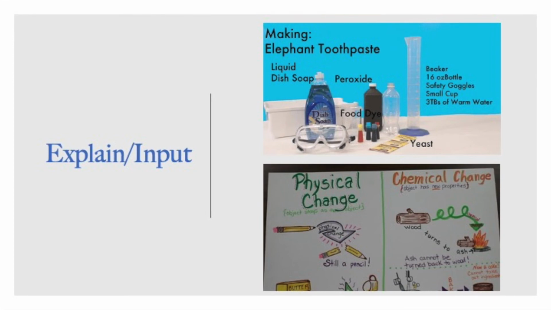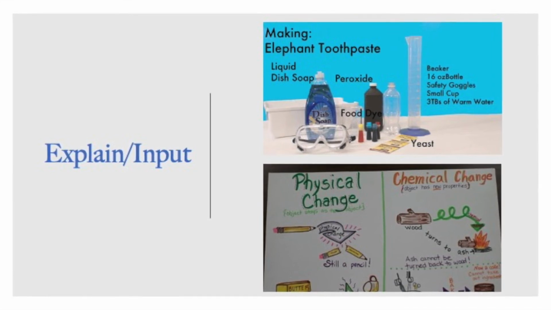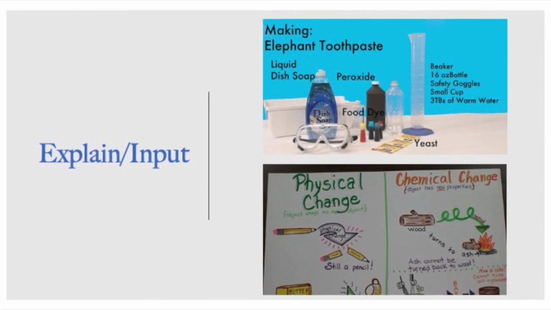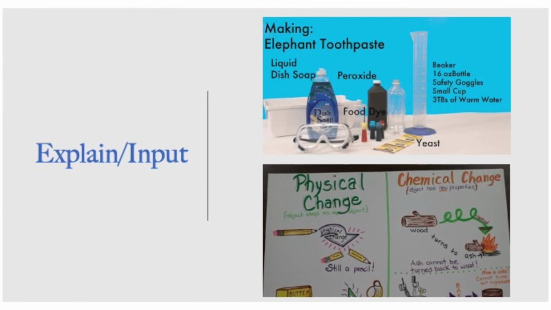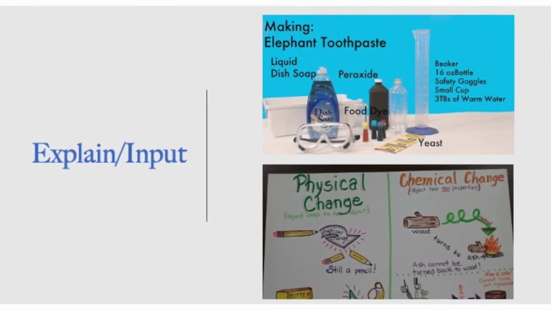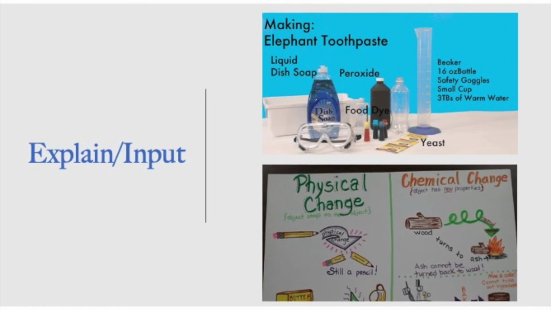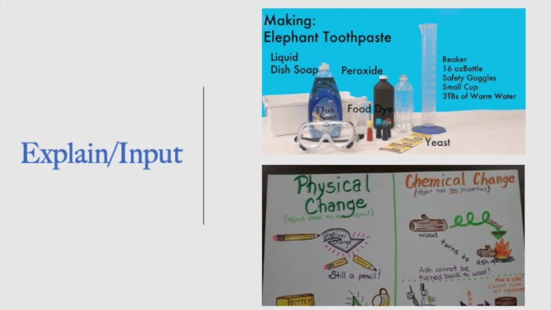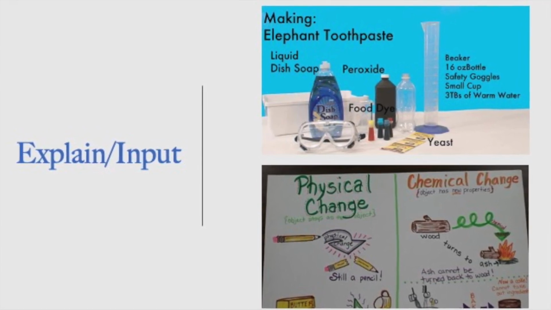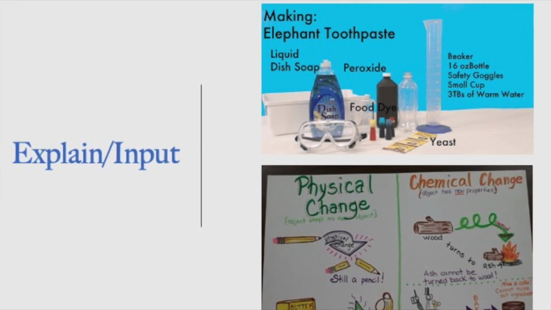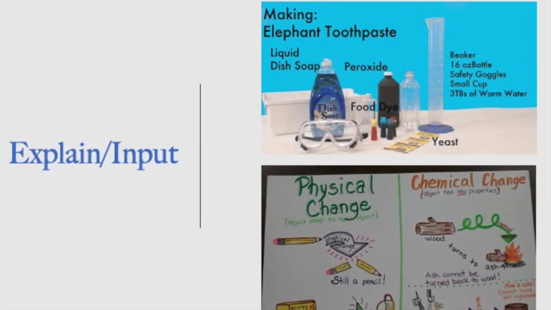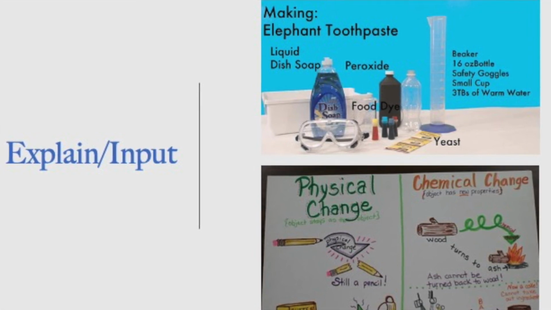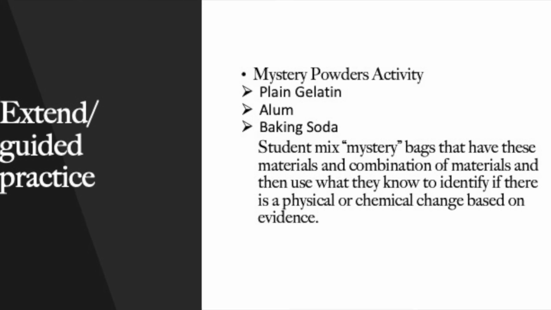Okay, so I know I've got to give my students notes. They've got to have these characteristics, because in the previous lesson, we've written down the characteristics of physical change. So knowing that I'm going to use that mystery powders at the end, they've got to have information that clearly articulates how a scientist would identify a chemical change, that a chemical reaction has occurred. So we're going to use that Foldable for them to take notes. It's fun, it's creative, but that way we'll read the text, we'll make the notes, we'll link it back to the activity, so that when we get into this next piece of this mystery powders,